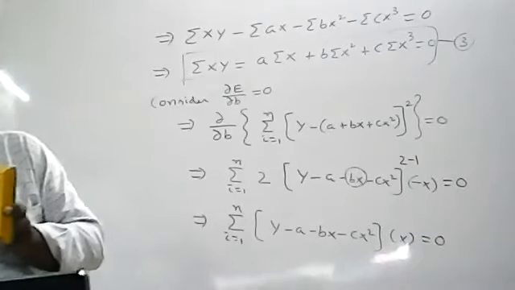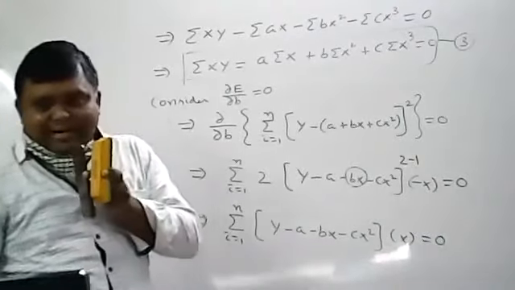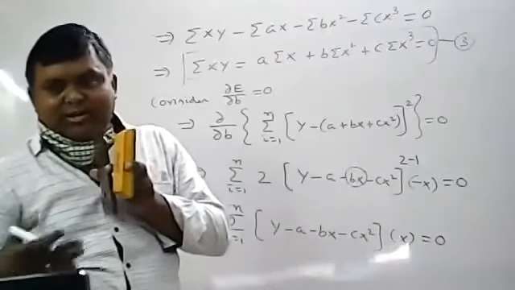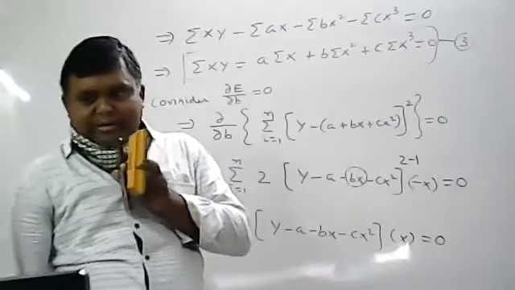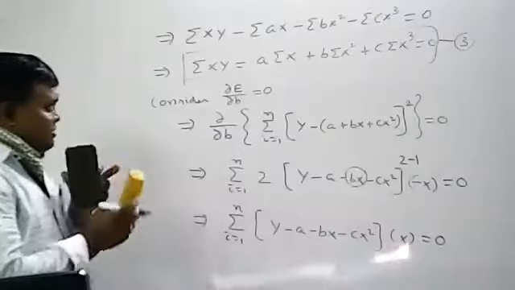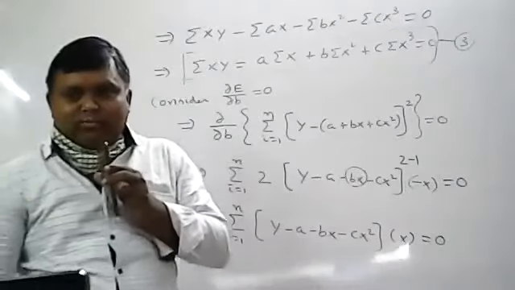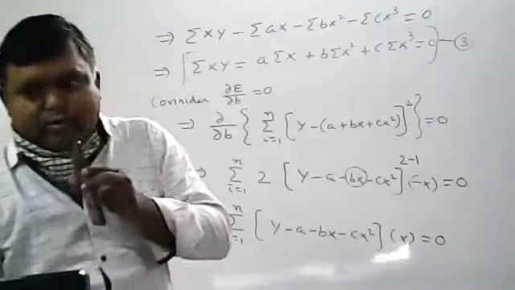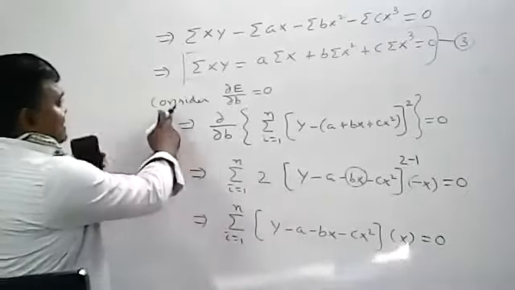∂E/∂c. So that's why the straight line is important. If you know the straight line, automatically you can do any derivation. Remaining derivations you can do. Okay. So the last one. What is the last one? Last one you will get one more normal equation. What is the last one? ∂E/∂c equal to 0. Right. Next.